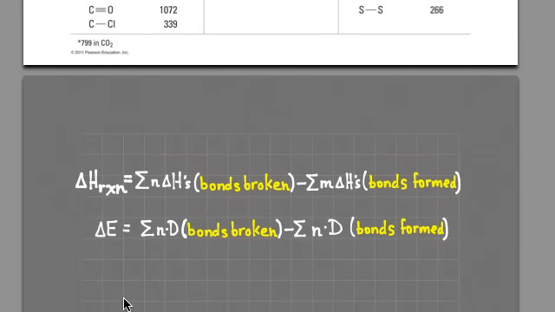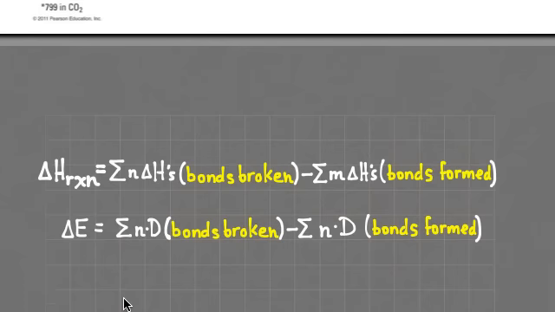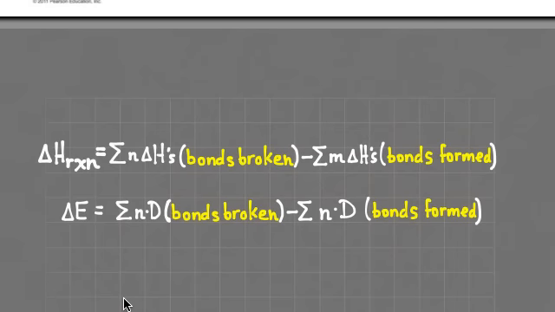Here's the general rule we follow, the general pattern we always follow. There's a simple way to remember it. I just think about bonds broken minus bonds formed. The H numbers,